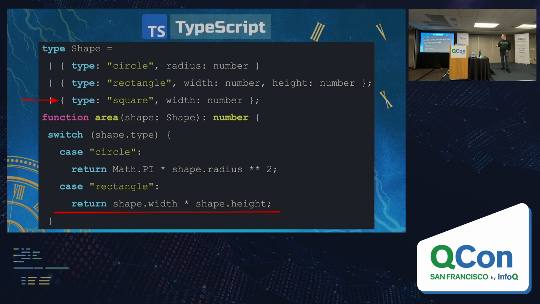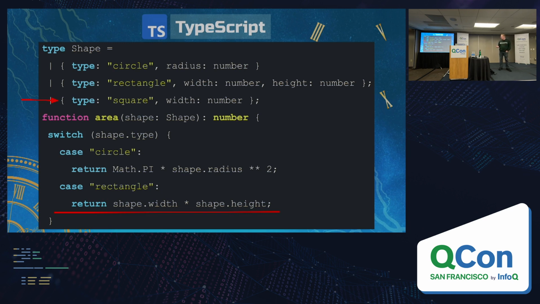now this shape definition may be in one file somewhere in my code, and I may have these pattern match statements scattered throughout lots of other places in my code, right? They're not guaranteed to live right next to each other. So as an engineer, if I come in here and add this new square type, the next thing I've got to do is search all over my code base and find all the places where I might have been doing one of these pattern matches and make sure that I add support for the square. And if I don't do that, then we can get some weird runtime failure, right?